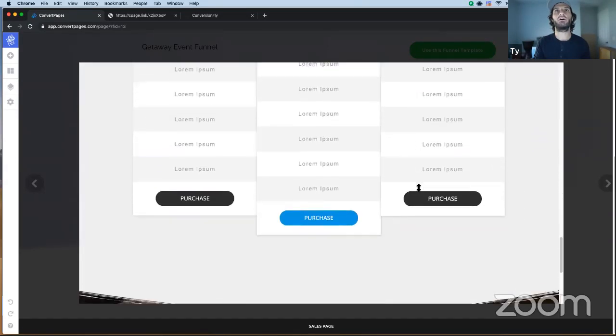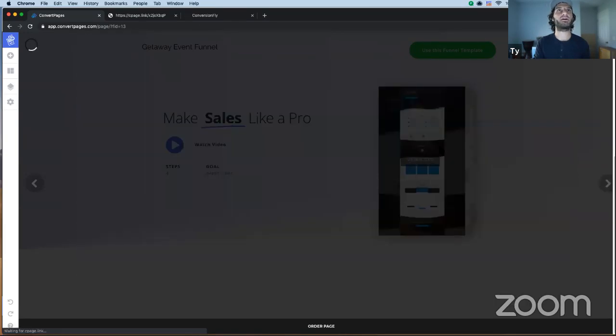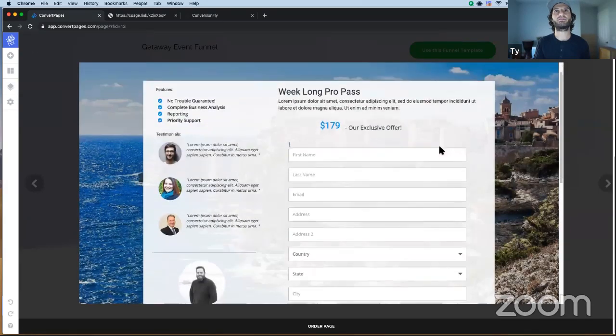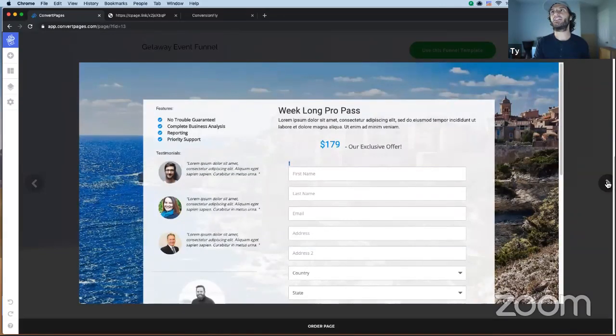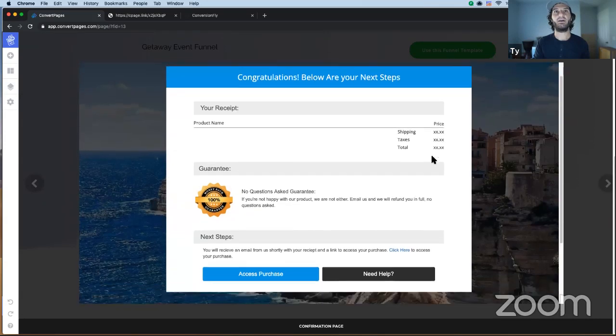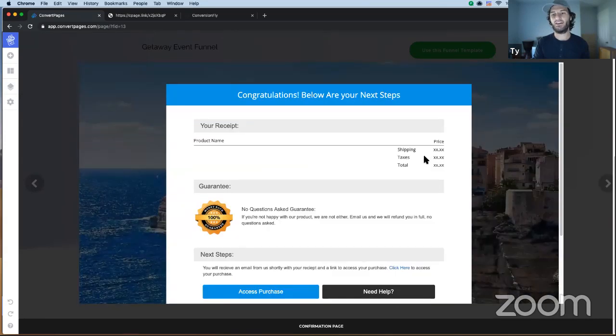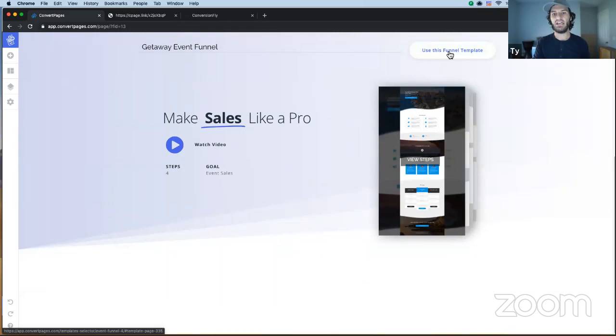It's got more. It's got a pricing page. That's great. Let's see if there's a step 3. Is there a step 3? Yep, there's an order form right there. That's what my order form is going to look like. And step 4, let's see what's over here. Yep, there's my receipt. So with one click here, if I say use this funnel template, which I don't want